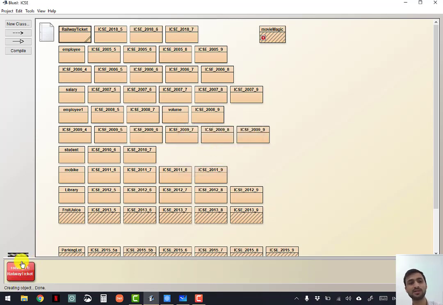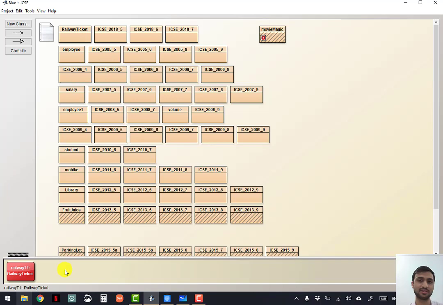You can see this red box. The compilation has been done, and this red box is the object. This now contains the object code, that is the bytecode. Bytecode is also known as object code. So this yellow box had the source code, but now this red box contains the compiled version. The compiler has converted it to the bytecode, and now the bytecode, also known as the object code, is present in this red box.